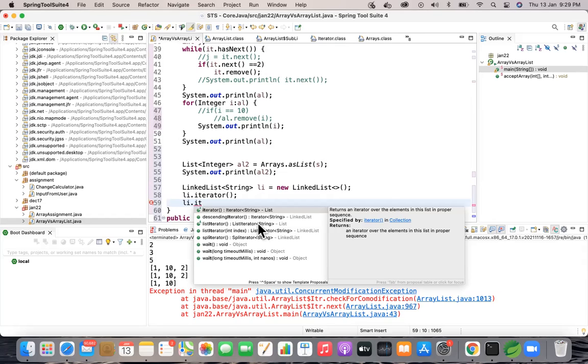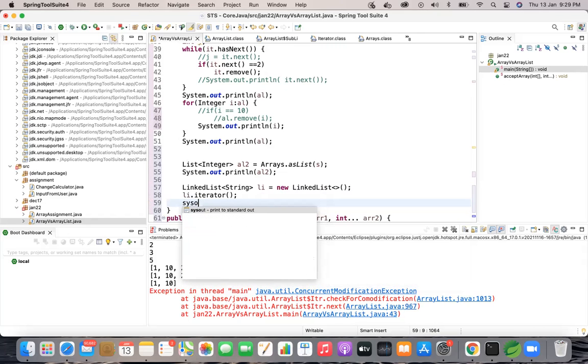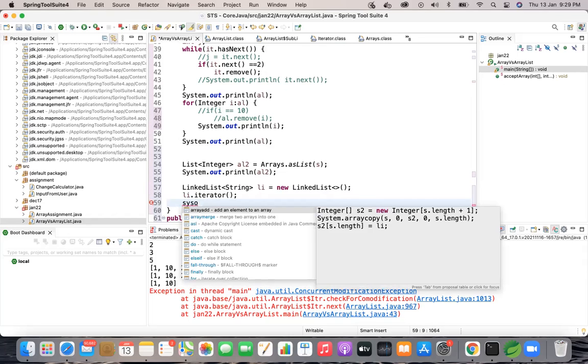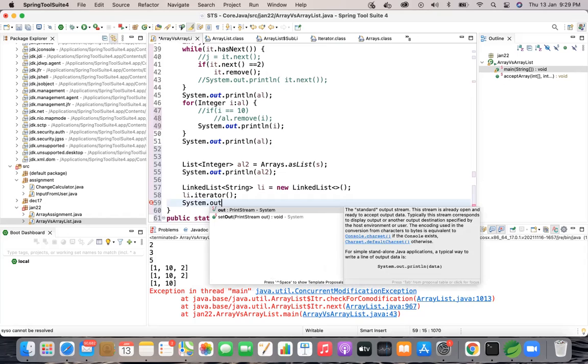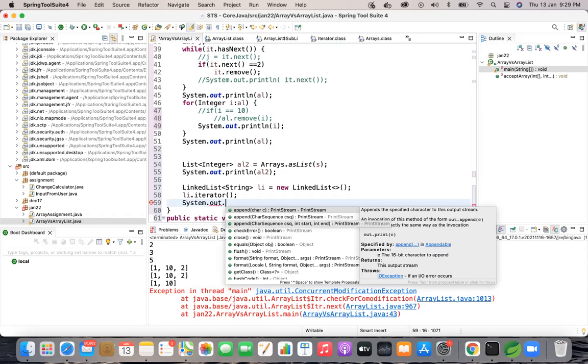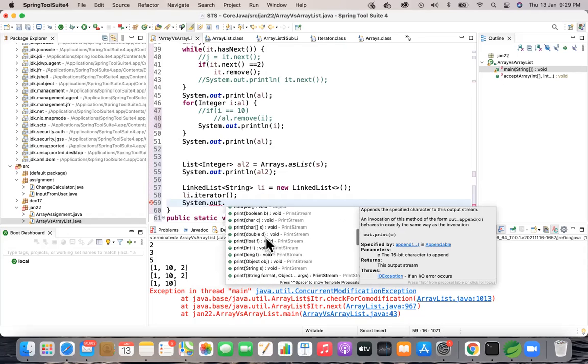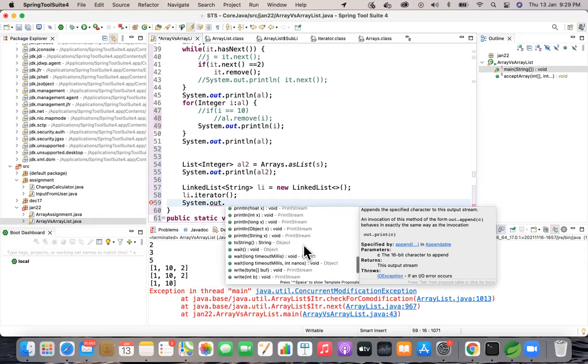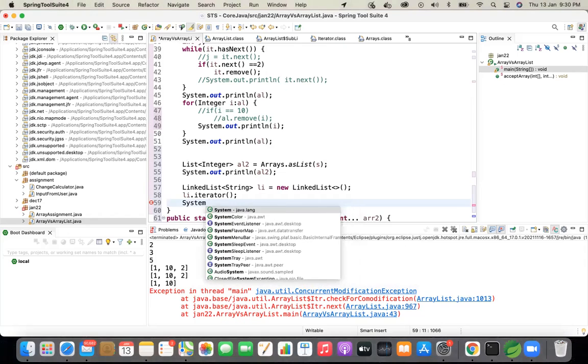Can you just remove the 59 and just write system.out. Just give system dot without out. Okay, control space.